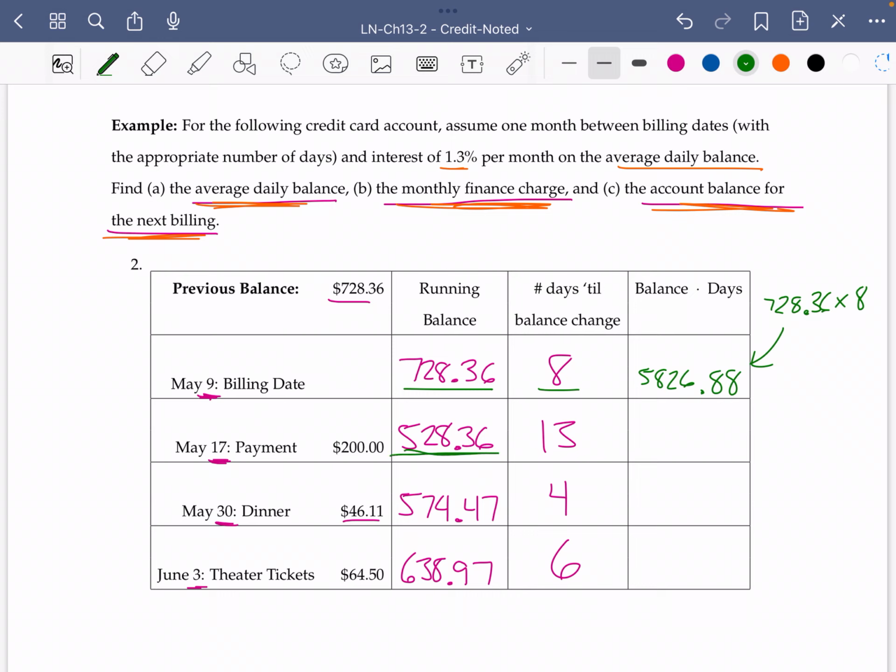In the next row down, we're going to take 528 times 13. And if we do that, we'll get $6,868.68. Great. Our next row down, we take 574.47 times 4, and we get $2,297.88. And then we take the $638.97 times the 6 to get